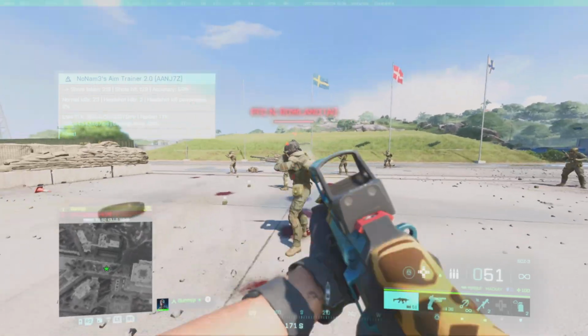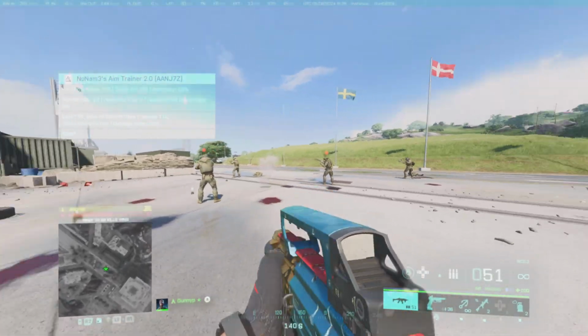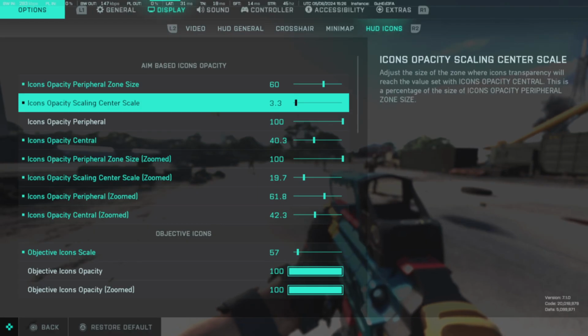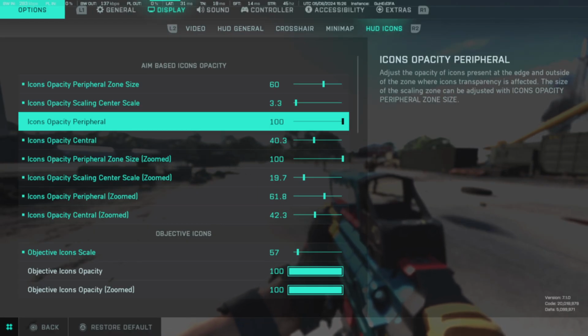You see it's pulling like that. These settings, it's really some nerd stuff to understand. I'm trying my best here, guys, I'm not gonna lie. You leave the opacity peripheral